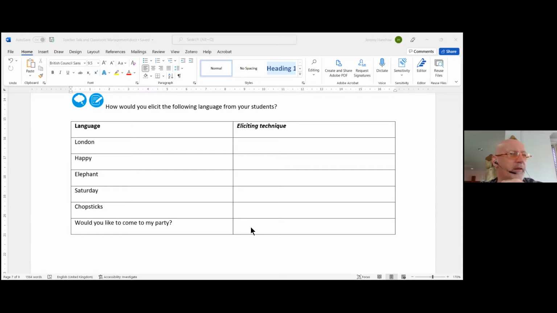Then on 3 days, they have to put into the diary an appointment. So it could be on the Monday, they have to go to the doctor. On the Wednesday, they're seeing their friend for lunch, and on Friday, they're going to the cinema. And each person would choose on their calendar which days they have an appointment. And then you tell the students that they are holding a party for their birthday. And they have to go around the class and they have to invite people to their party.